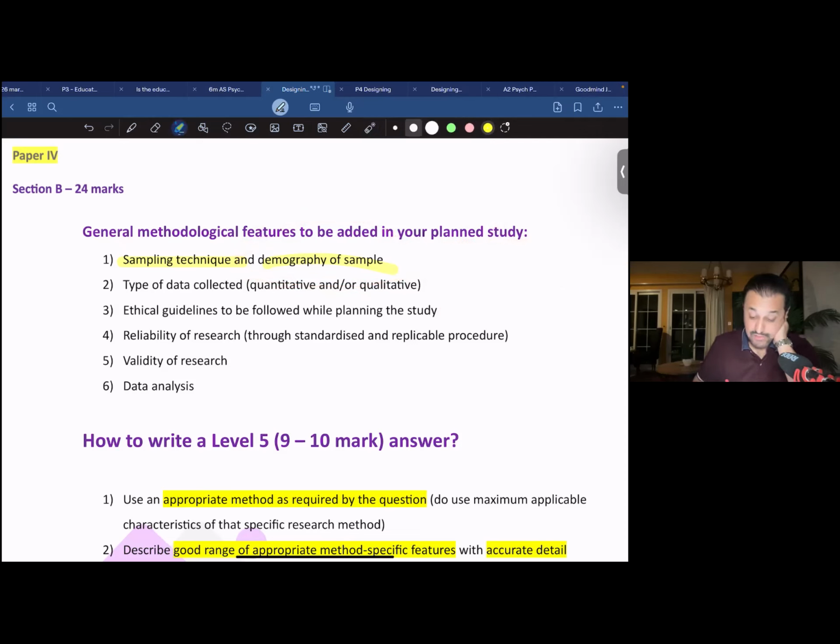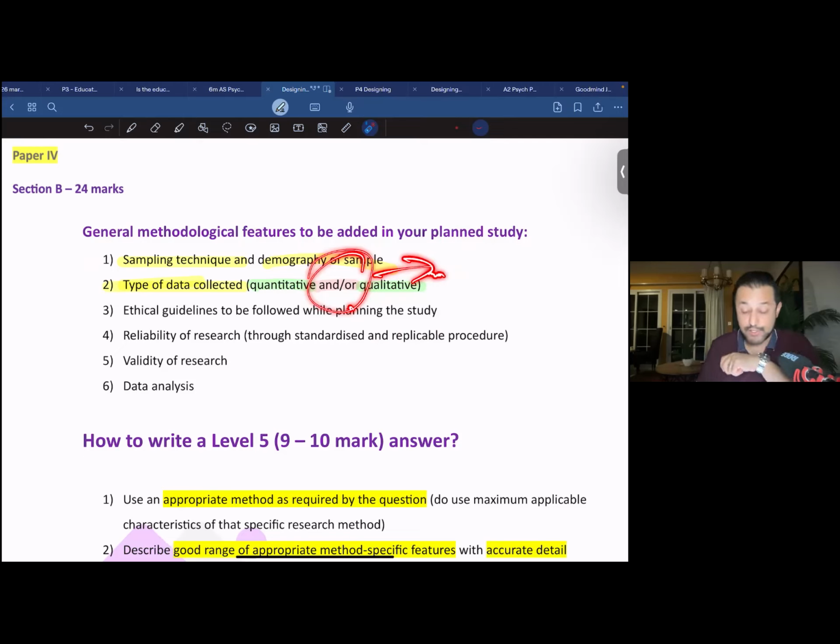Number two, type of data collected. Are you collecting quantitative data, or qualitative data, or are you using both? Now, I'd suggest at this point, try your level best to use just one particular type of data collection technique, unless you have to use more than one. Why do I say this? In many cases, students use multiple data collection techniques. They'd be like, okay, so if it's an experiment, we would